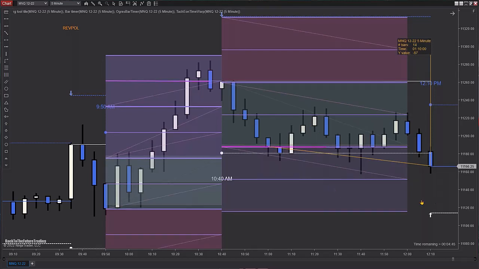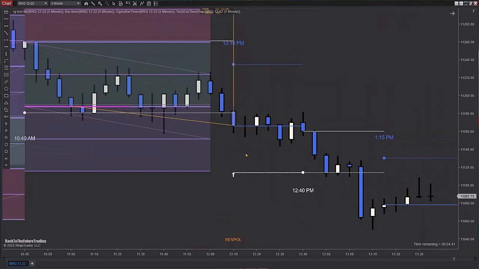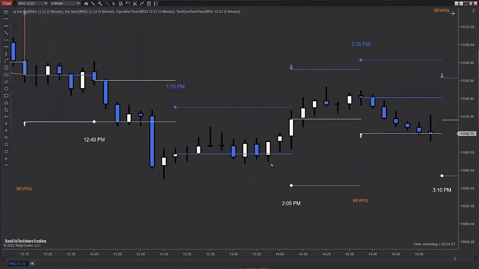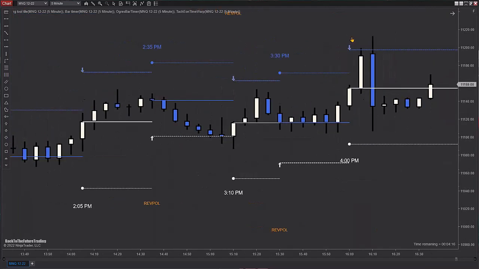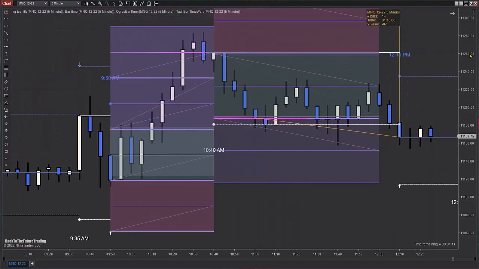I don't know. See if there's any other examples. That one was a loss, and I don't think that would have made a difference. This 1240, that was a loss. No difference on that one. This one, loss, no difference. This one, loss, no difference. Yeah. So those morning trades would have been really nice.